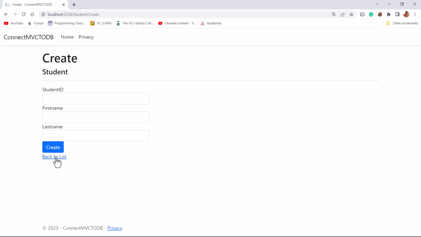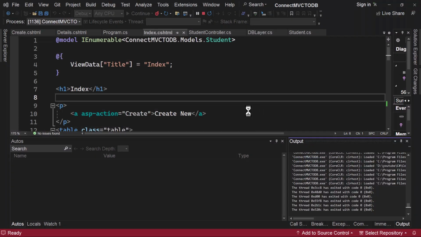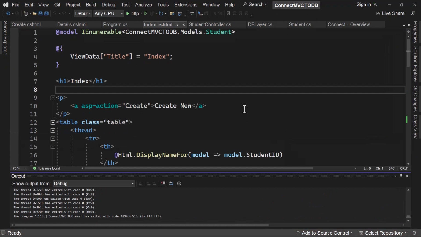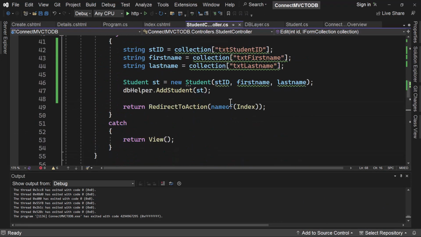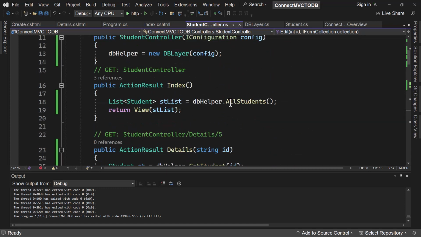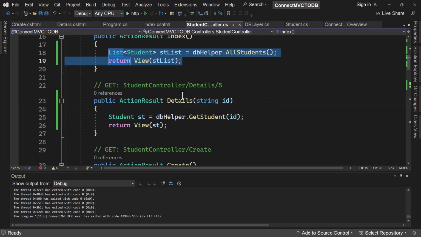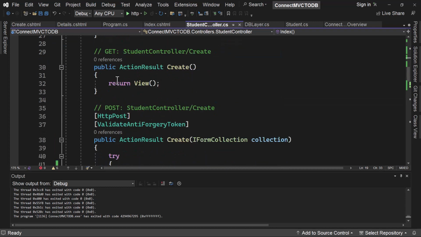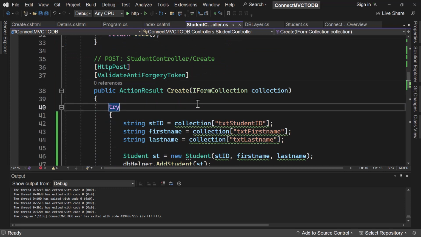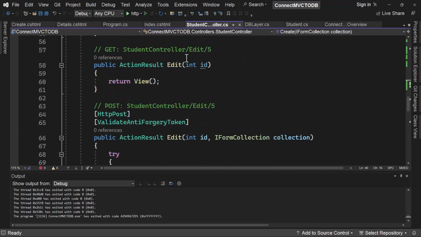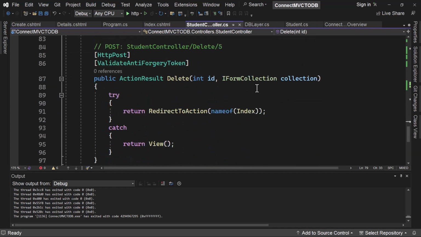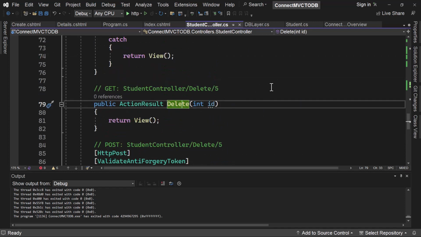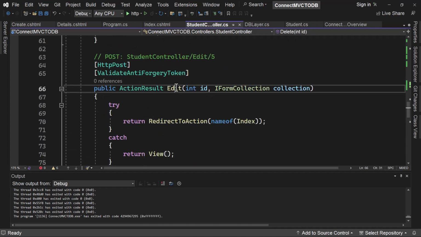Right. So let's flip to Visual Studio. So at the moment we have covered the read, which is getting all the students and a specific student, and the C for create, which we are able to create a new student, and we can also do the update, which is the edit, and also the delete. Right. So let's go to the edit